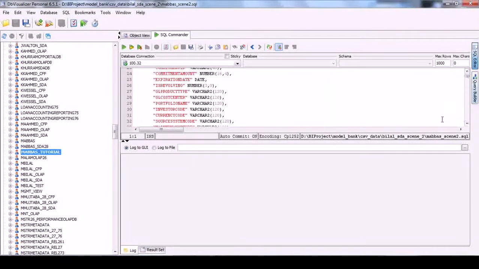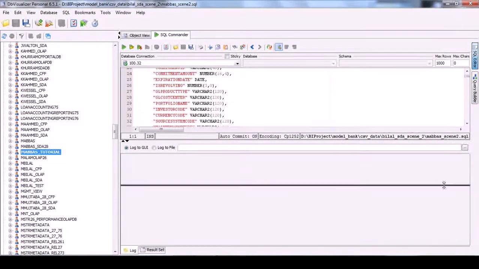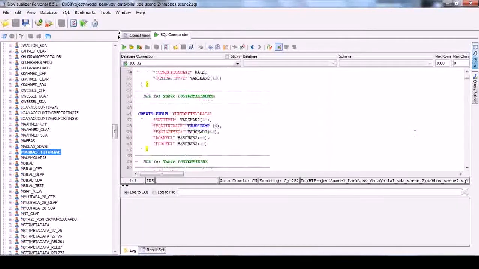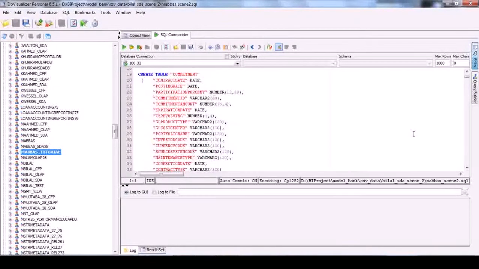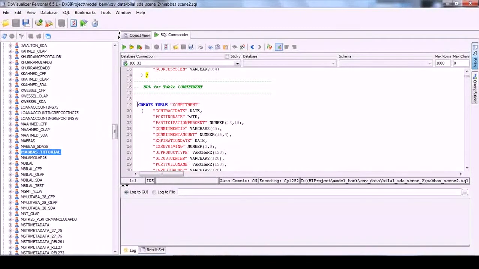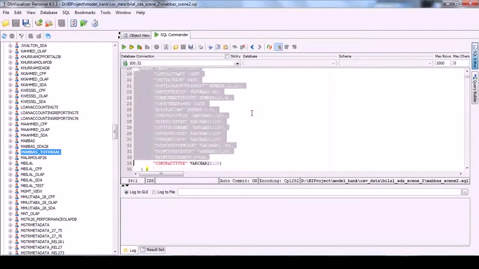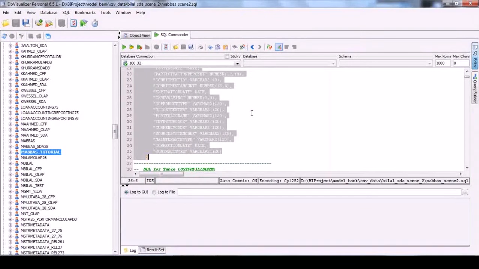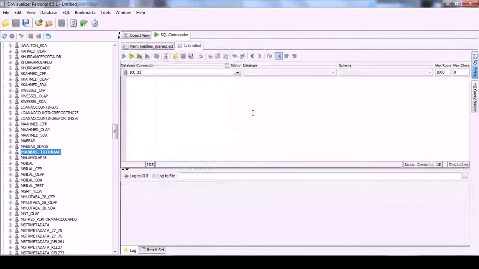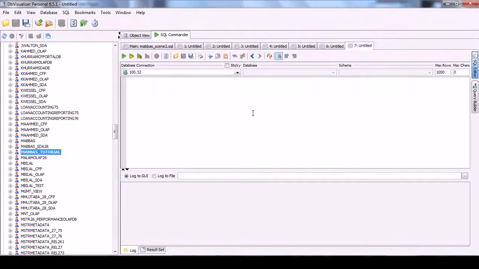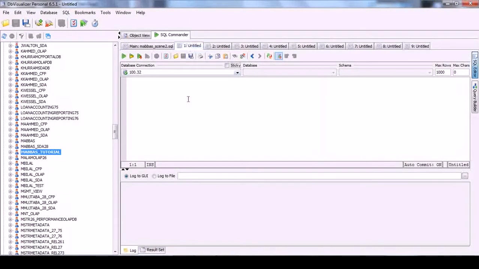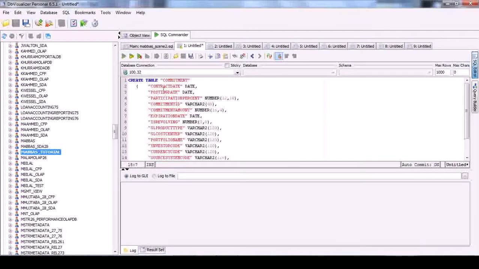So we are creating the table commitment here. Let's open the different sessions also at the same time so that we can use them.